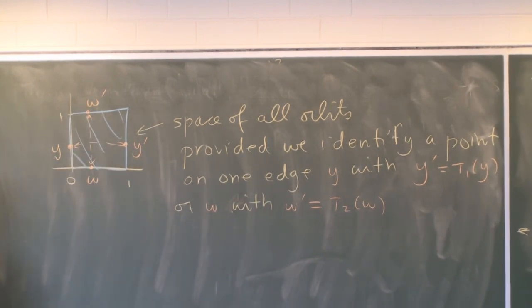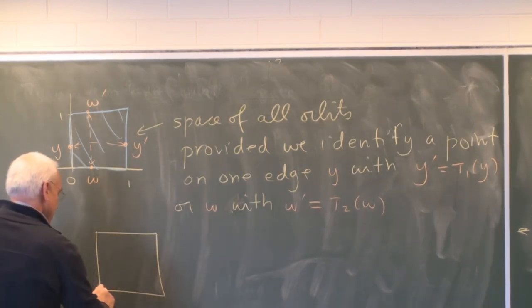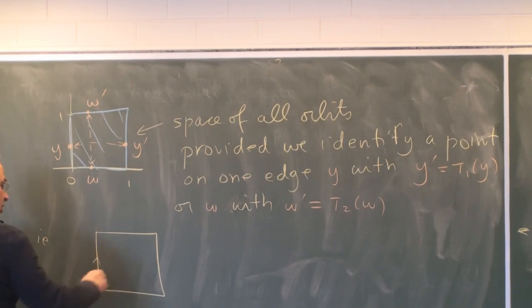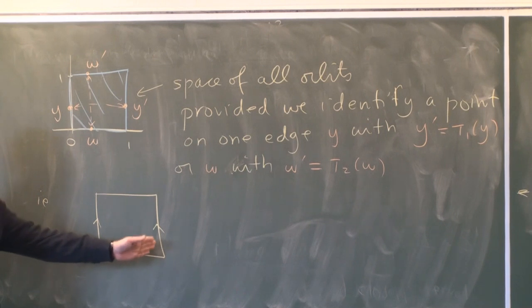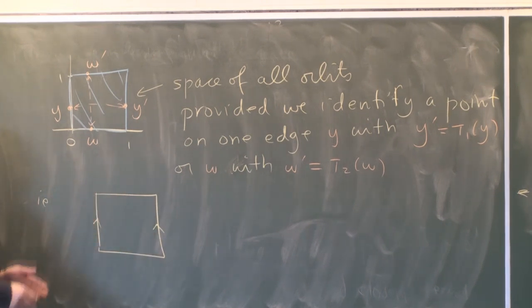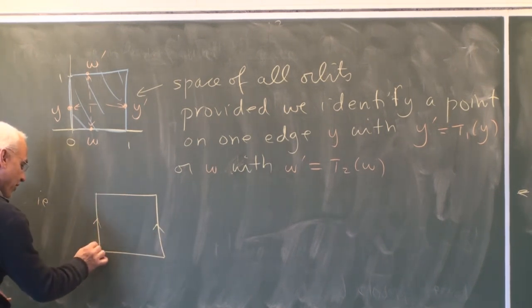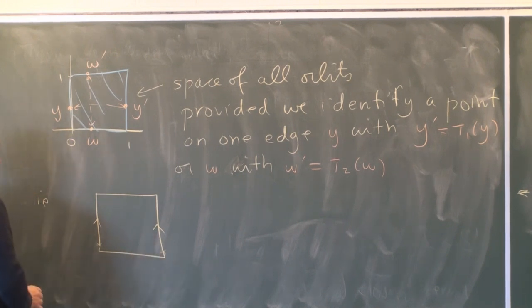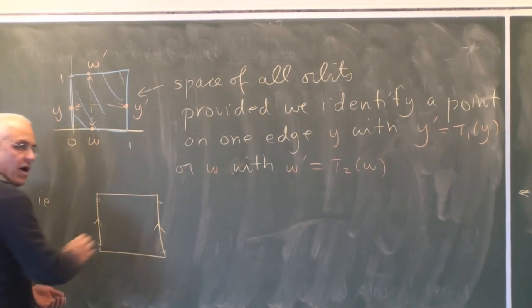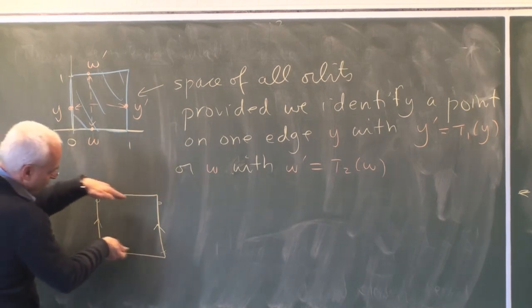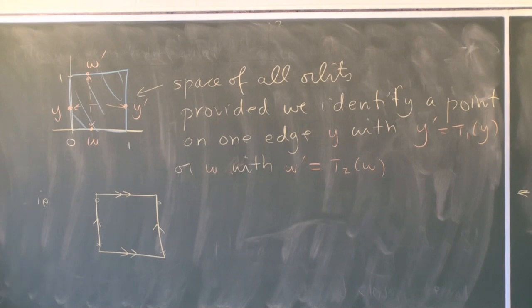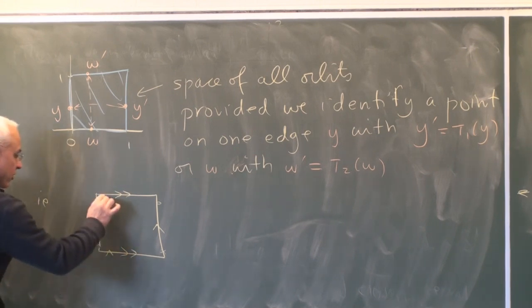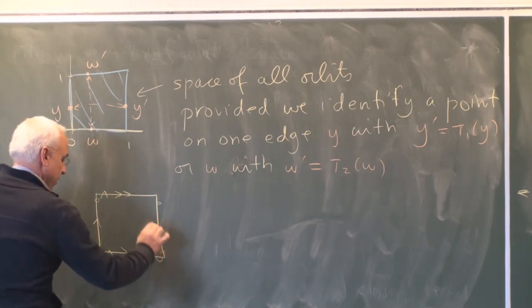And what this amounts to, we can think of this in terms of a gluing operation. So we can just take that square and we can say we're going to glue that edge with that edge. And these arrows indicate the way in which we're going to glue them. That means we're going to glue this point at the bottom here with this point at the bottom down there, and this point at the top with that point on the top. And we similarly have to glue these 2 pieces together, and we'll do it like that. And that's the same kind of rule, so that this point here is glued to that point, and this point there is glued to that point.